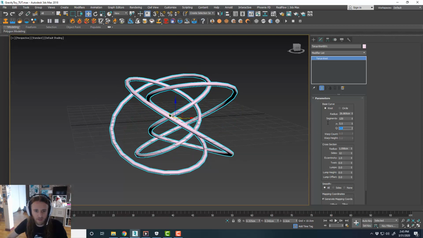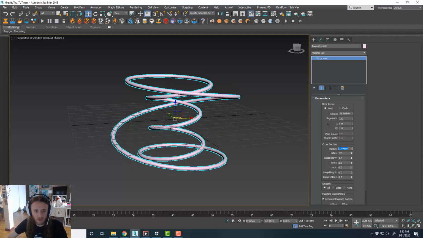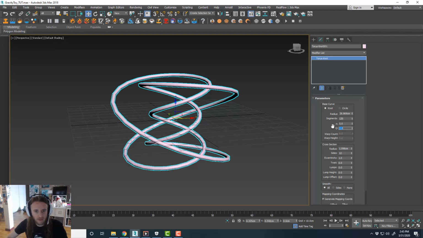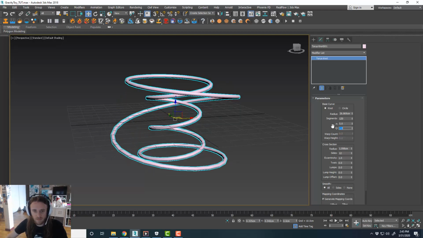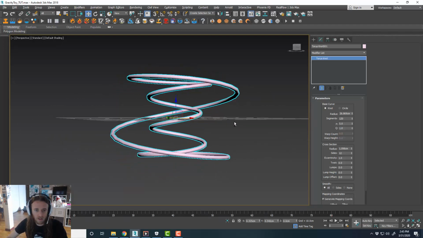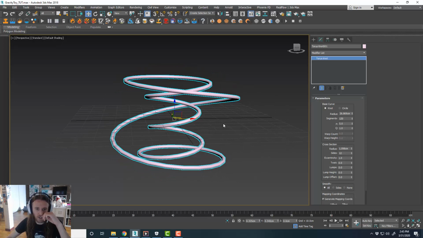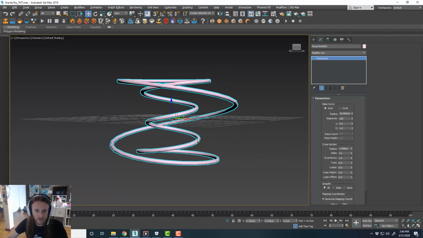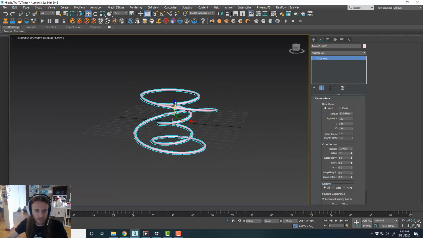Let's do 5, 1. Something like that. Yeah, it gives us this kind of spring shape, which is kind of cool. So maybe what we'll do is